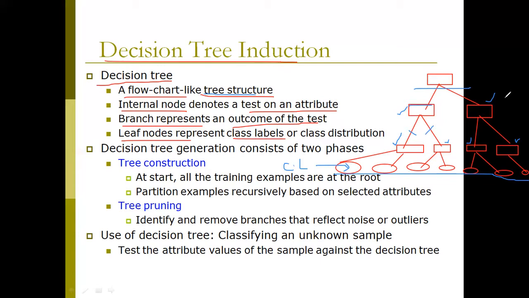If a new data set is there with us, we can apply that new data set against this particular tree. By testing all attributes of that new data set, it is going to give one kind of result to us. Based on that result, we are making some kind of decisions, isn't it? That's why we may call this tree a decision tree, right?